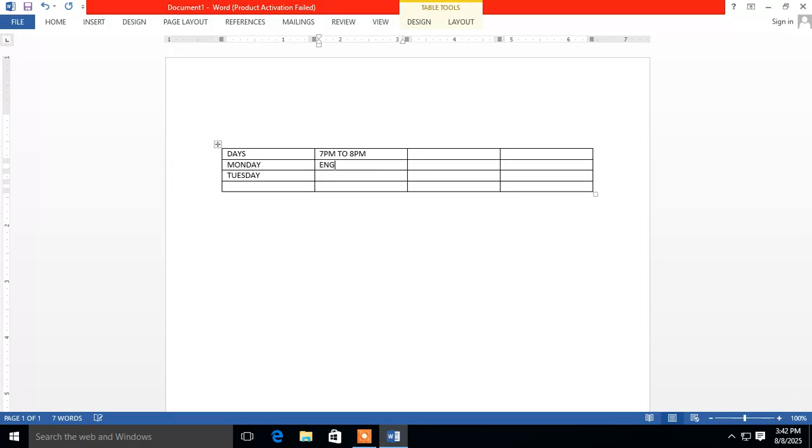So you can edit also. If something is wrong, you can edit also. ENGLISH. So once you write English, then on Tuesday you will learn maths, MATHS. You can write maths from 8 p.m. to 9 p.m. Then at that time you want to study, suppose after English you want to do history, or you want to do computers,